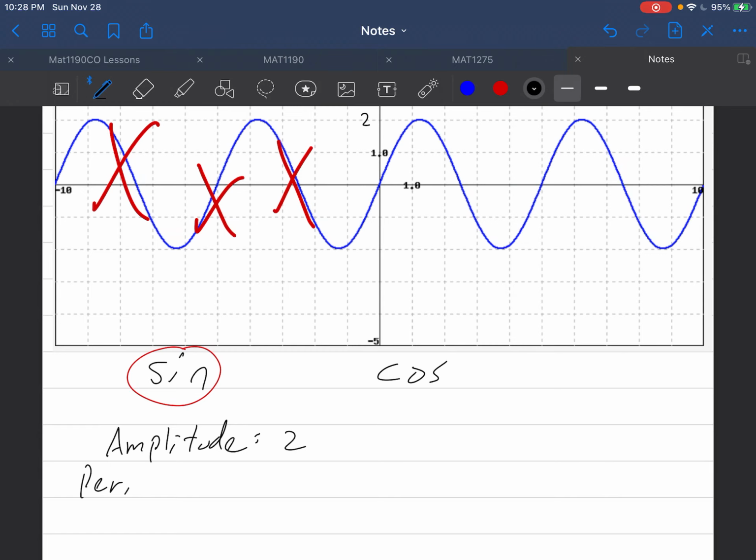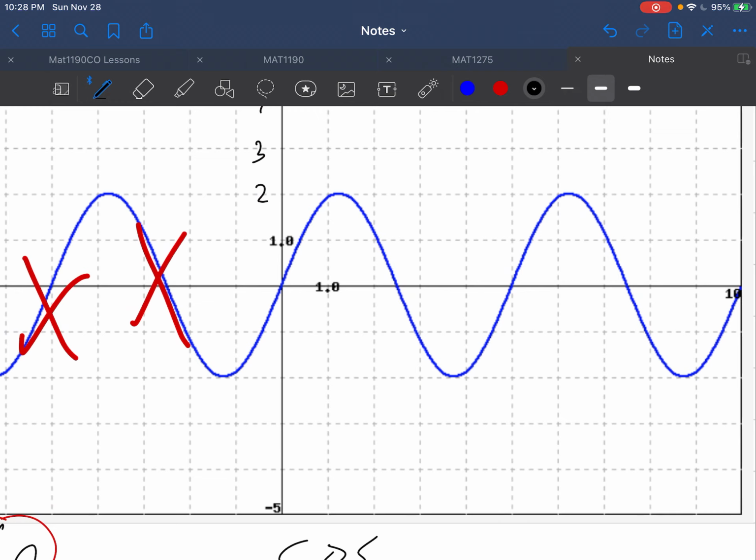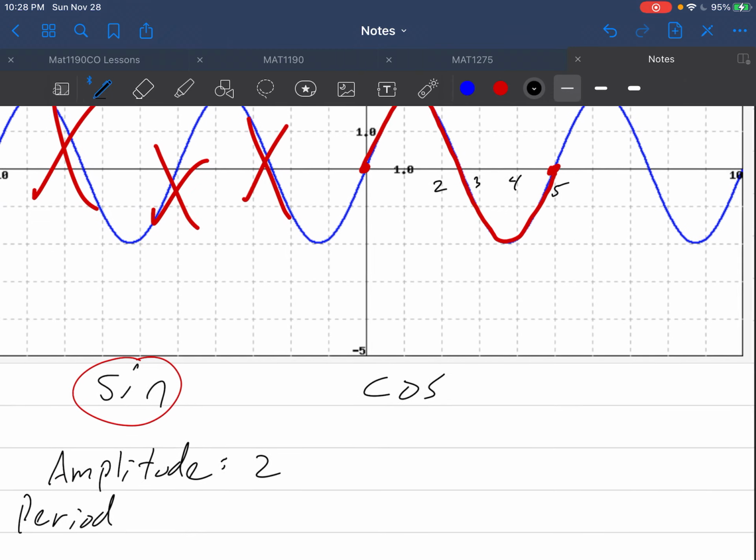Next up is the period. Now the period is going to force us to identify one full wave, right? So this is a sine wave, which means it goes up, then all the way down, and once it goes back up, we are finished. 1, 2, 3, 4, 5 units long for the period. So the period